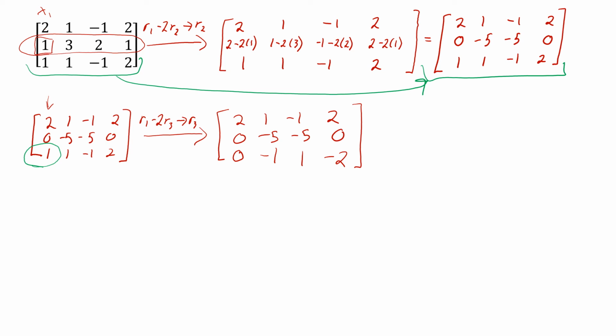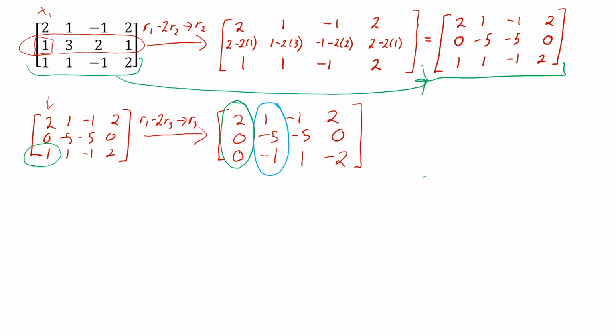Okay. So row 1 minus twice row 3, doing each of the numbers individually. Now what does this give me? This gives me my first column with zeros everywhere except for the first number. Now, if I take a look at what to do next. Next, I'm going to look at my second column